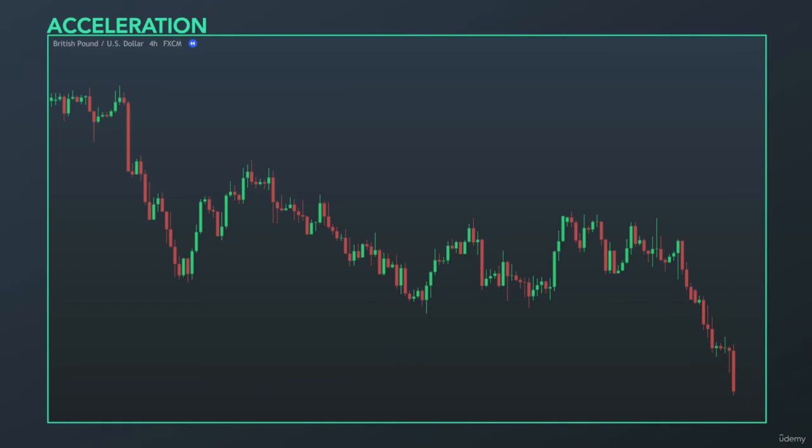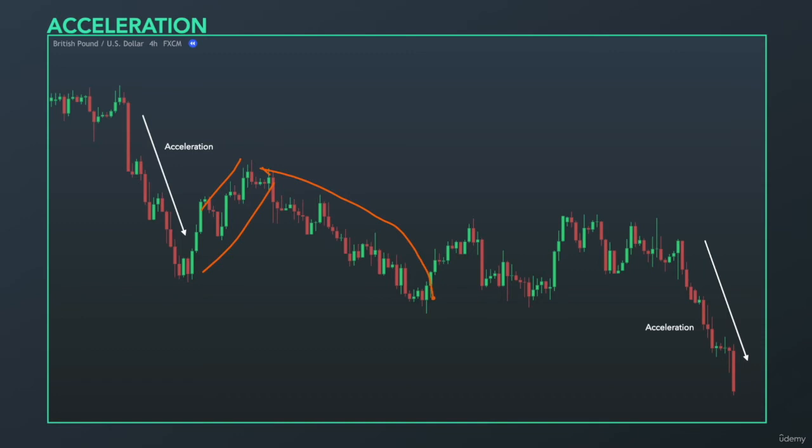Lastly, British pound US dollar 4-hour time frame. So consolidate and then break down. So this is our acceleration. So if you did not enter on this breakdown, you've already missed the move. And again, this is not a good time to enter long positions. So pullback, and then price